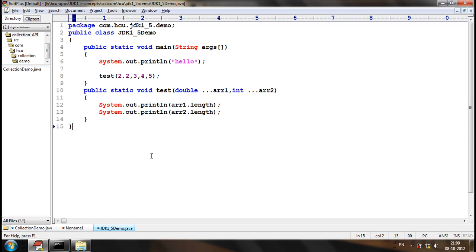But this is a compile time error just because in a method or a constructor, maximum only one vararg should be there.